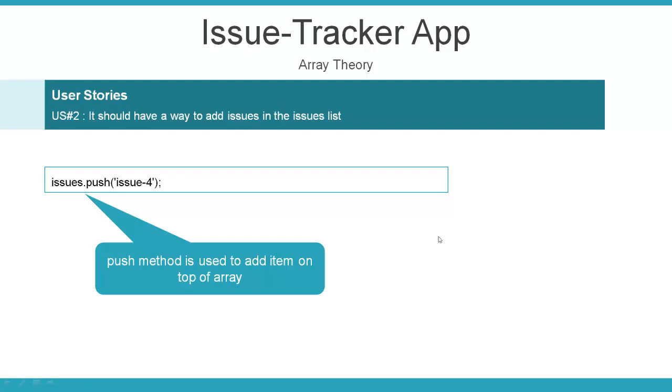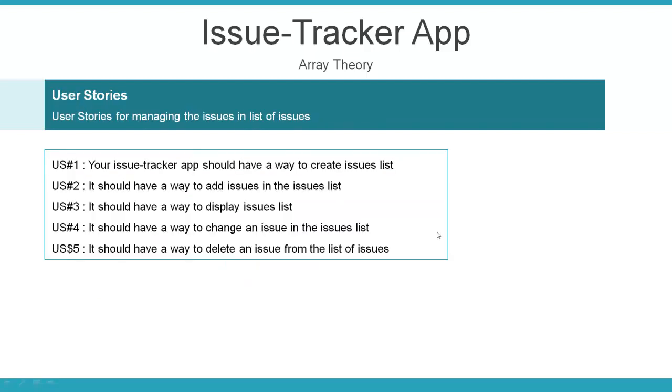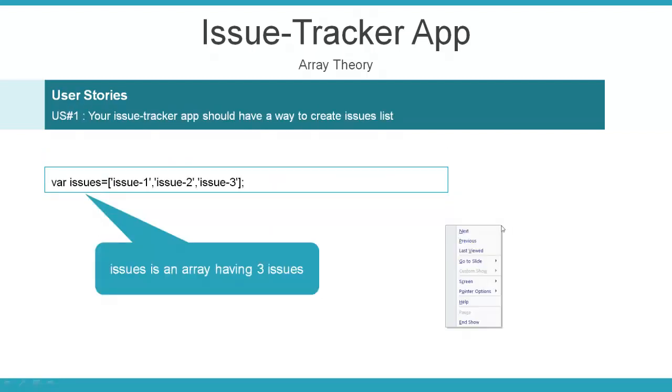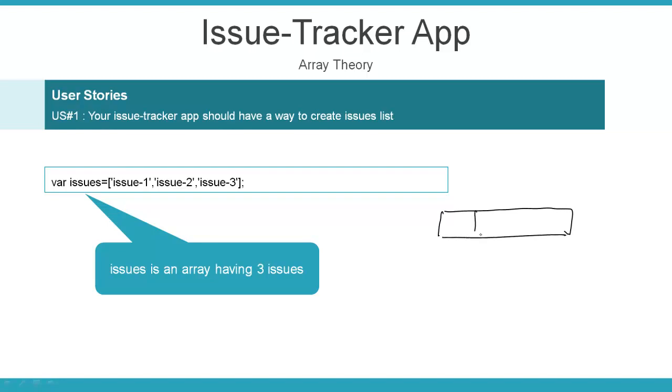Let me just go back. Let me take the ink over here and then I will show you. This particular statement is going to create a structure like this. You will have an array, and this array will have three consecutive memory locations.